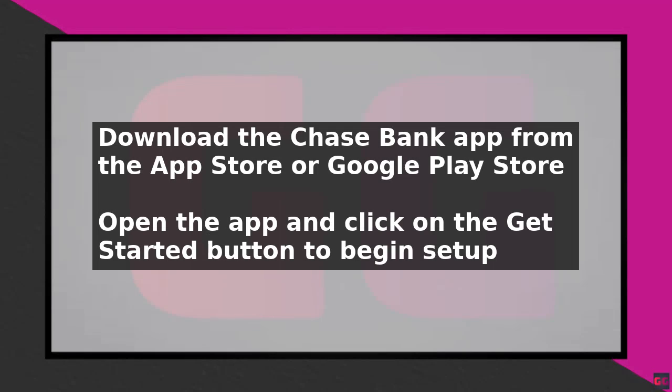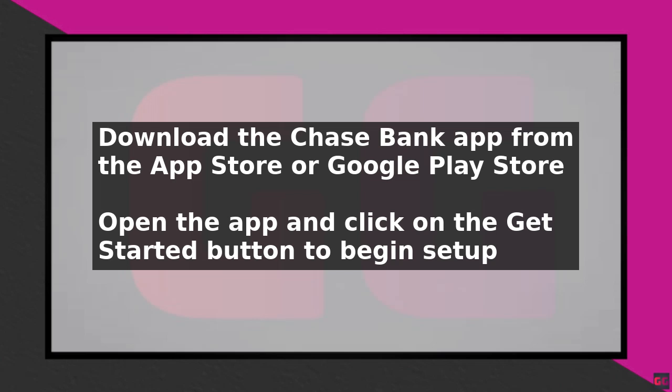To set up the Chase Bank app, start by downloading it from the App Store or Google Play Store, depending on your device. Once the download is complete, open the app and click on the Get Started button. You will be prompted to enter your Chase Online username and password. If you do not have a Chase Online account, you can create one directly in the app by clicking on